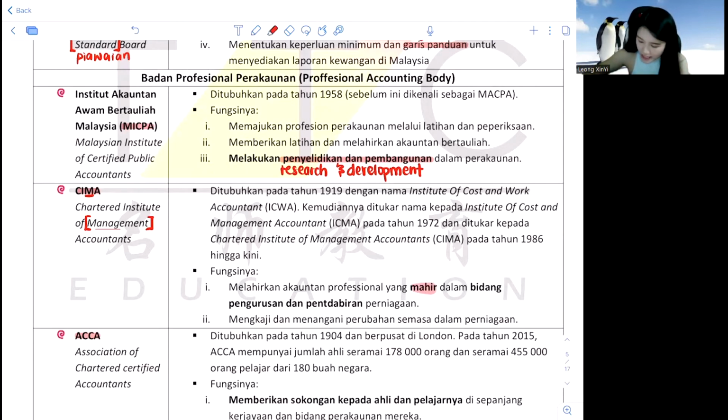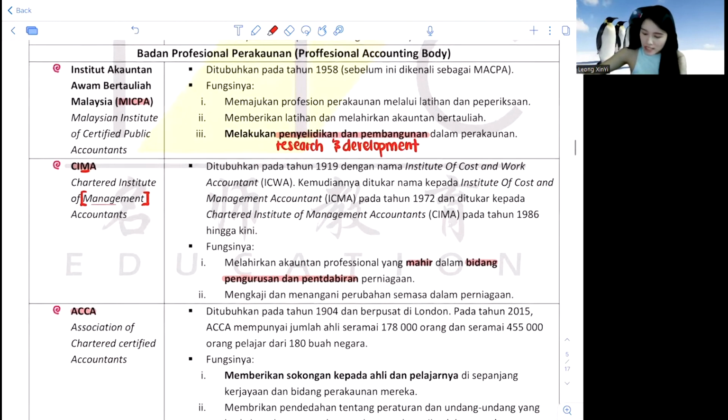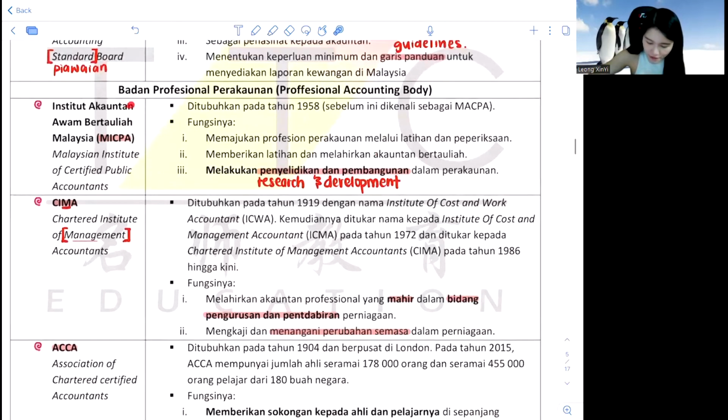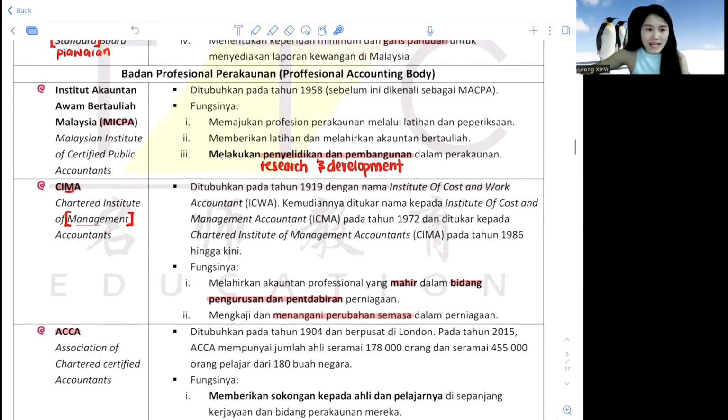So here, mahir dalam bidang pengurusan dan pentadbiran, administration work lah, admin, and also for your pengurusan, okay, management. Also here, yeah, perubahan semasa. That is how you're gonna answer. If let's say if they ask you for what CIMA do, you can say menangani perubahan semasa, in case if they ever ask. But if they don't, they come out an objective question, then most probably they just write menangani perubahan semasa. Manakah badan profesional perikanan yang membuat begitu? So your answer is CIMA. Okay, and as for the last one,